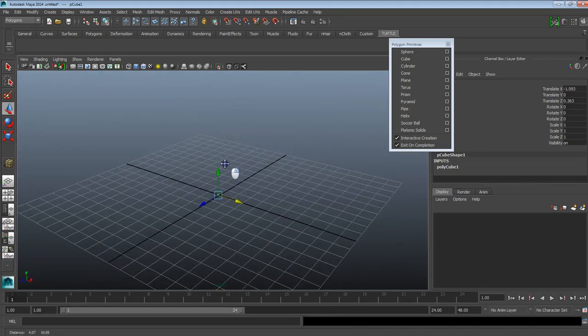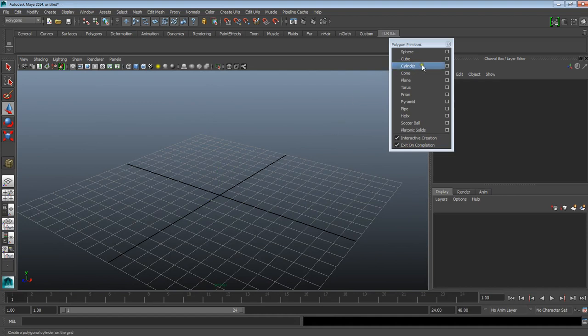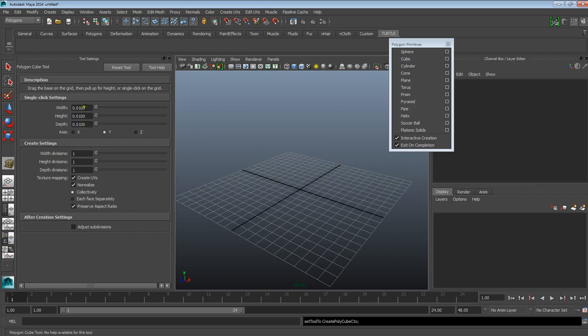The reason for that is the default settings that your Maya comes with. So if you want a perfect square and you don't want to draw it out yourself by dragging in the viewport, click on this box right next to the cube and it's going to give you the options of